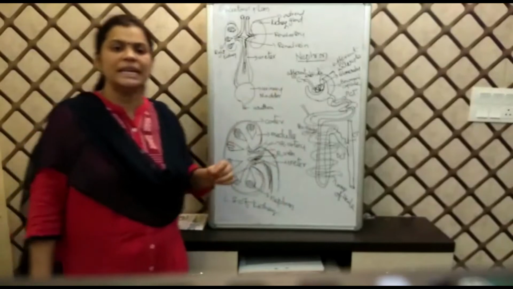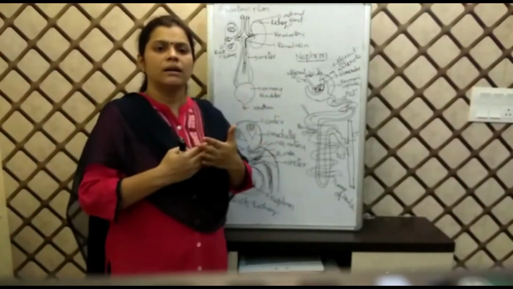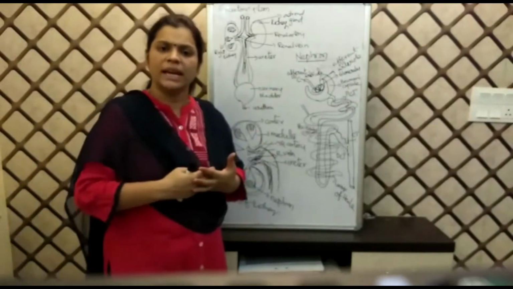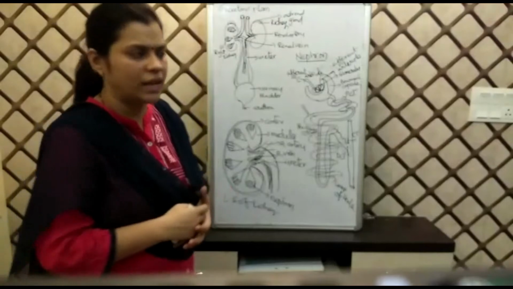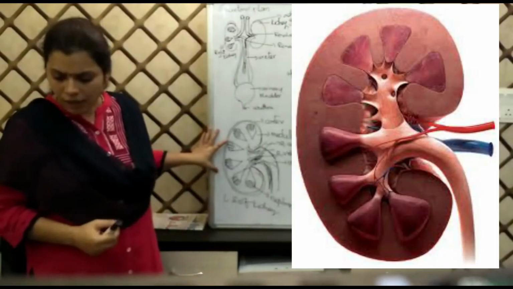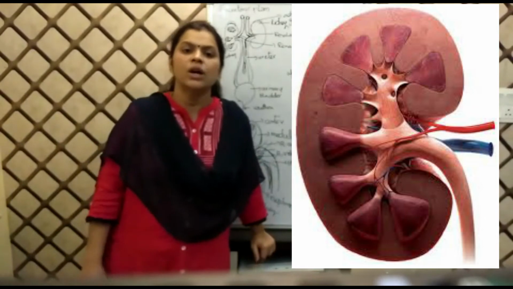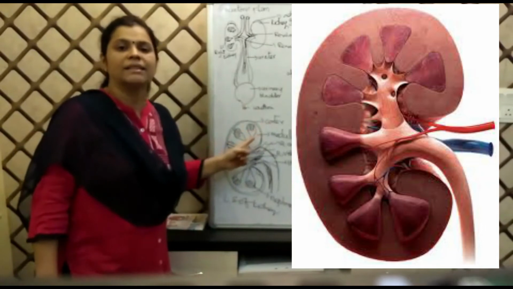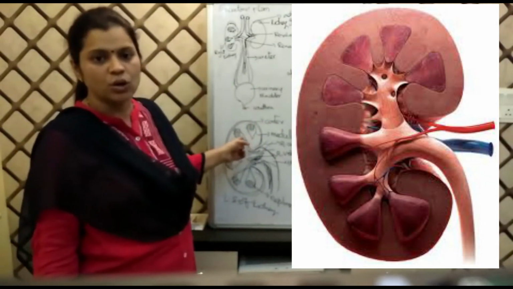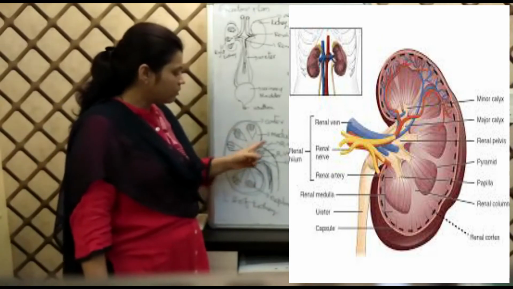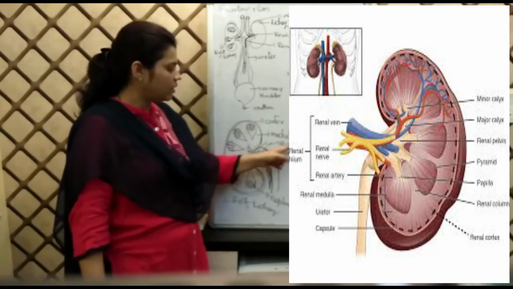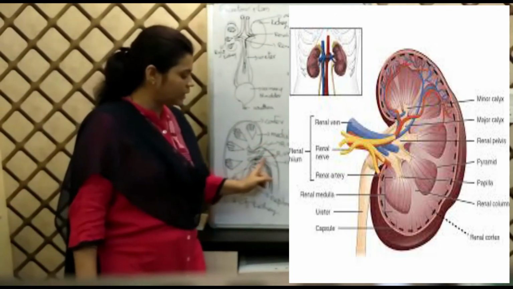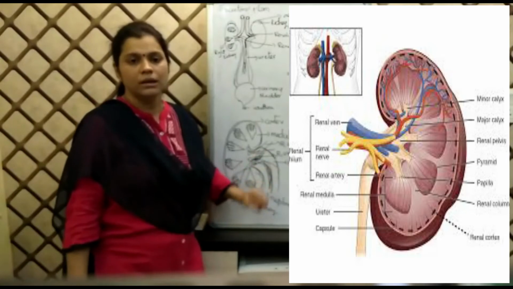And if we want to see a deeper and clearer view of a kidney, we have to take a longitudinal section of the kidney and study and observe it. In the longitudinal section of the kidney, we have two distinct regions: the outer thick cortex region and the inner pale zone called the medulla, and a fissure for entry is present here. The renal artery enters inside, the renal vein collects deoxygenated blood, and the ureter comes out from the kidney.